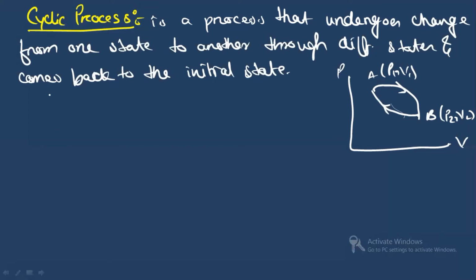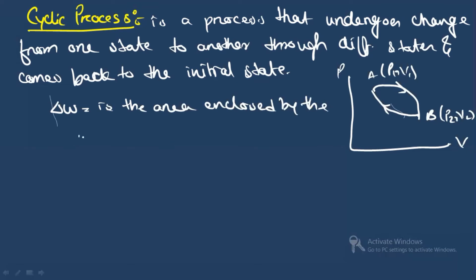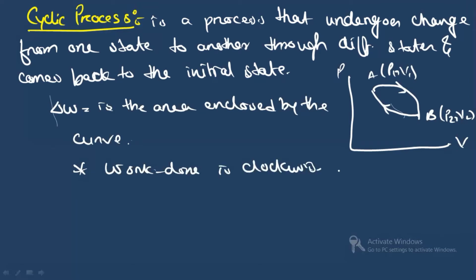Now you will see the work done in case of a cyclic process, dW. It is the area enclosed by the curve. And there is one more important thing that you have to remember: if the work done is clockwise, then it is positive, and if the work done is anti-clockwise, then it is negative. So these are the two important points. Work done is clockwise, that means the work done is positive. And if the work done is